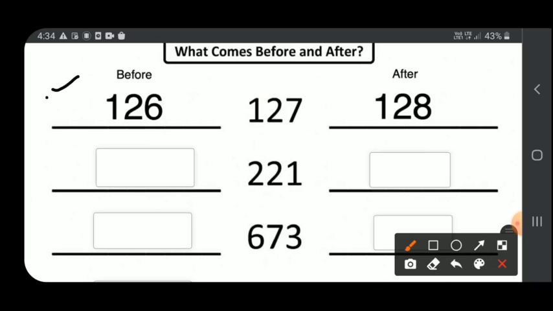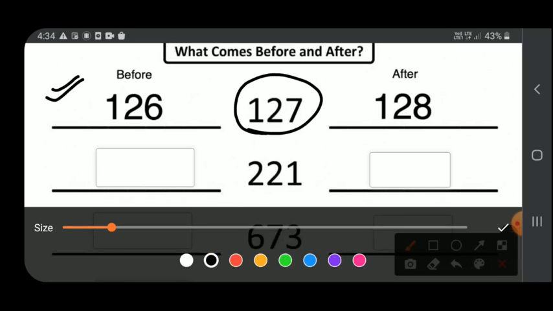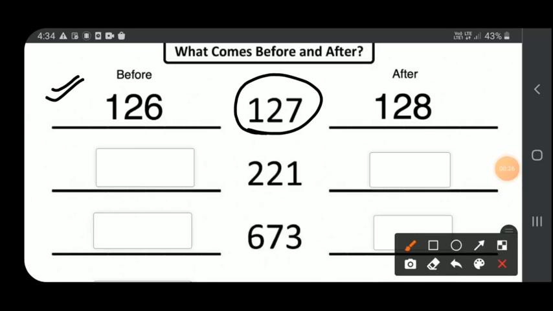Now here you can see the after and before number of 3-digit numbers. So one number it is already given in the example. So here you can see 127 it is given, and you have to write down the forward number, that means after, and backward number, that means you have to write down the before number. So here you can see 127. What will be the number after 127? Just like 2-digit numbers, you have to also write down the 3-digit numbers. So after 127 you will get what? 128. Then before 127 what will you get? Yes, 126. That means you have to move backward.